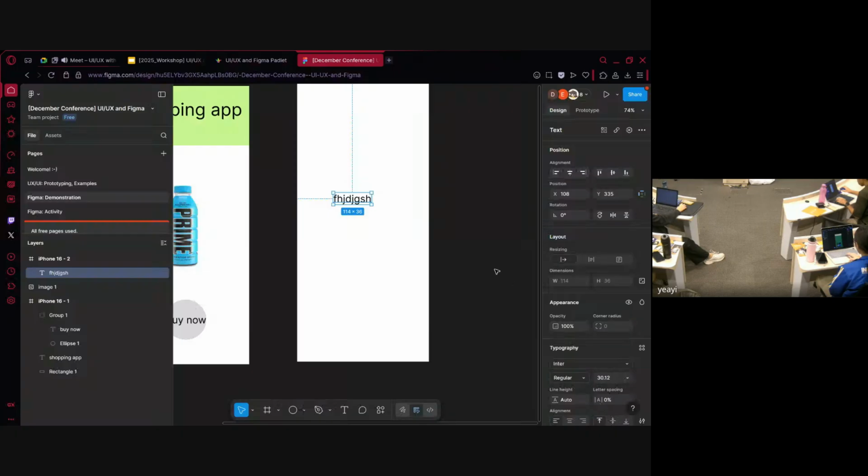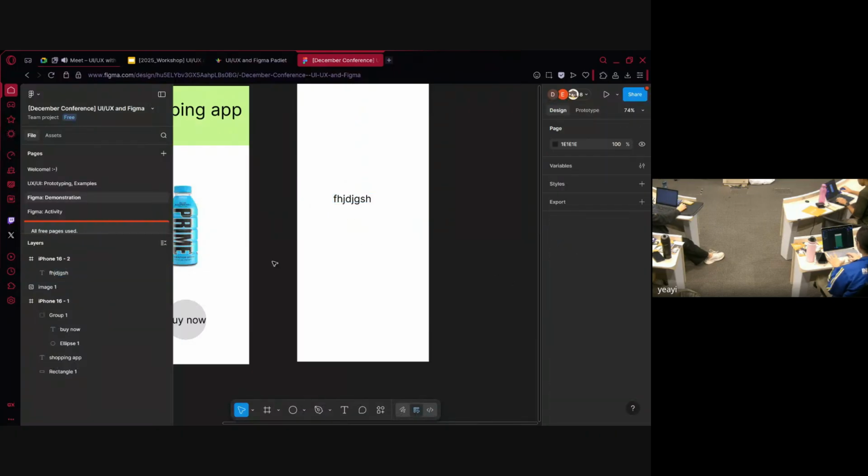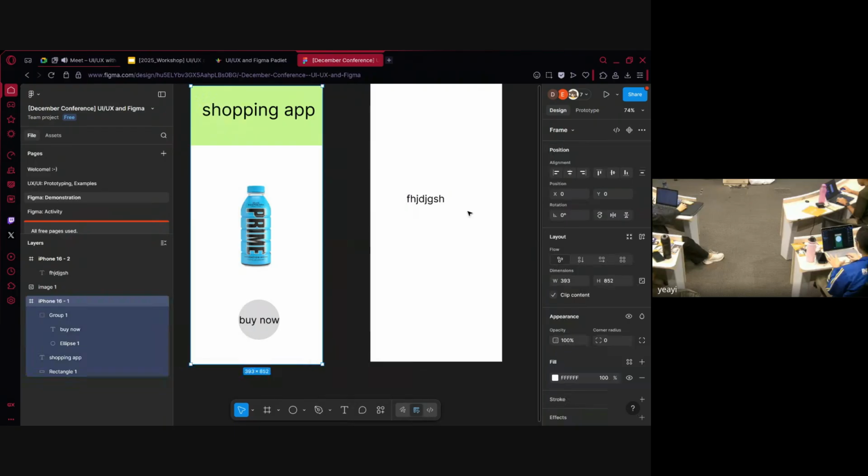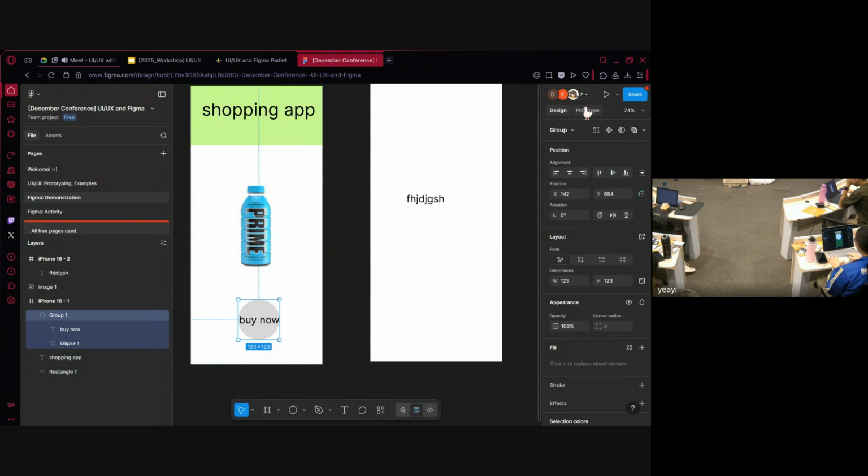Yeah. So right, imagine the second screen as your checkout. I know it's a bit hard to imagine, but try your best here. So right, if I wanted to make this buy now screen go to the checkout menu,